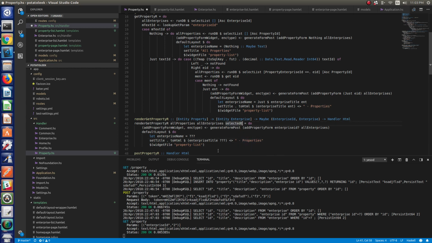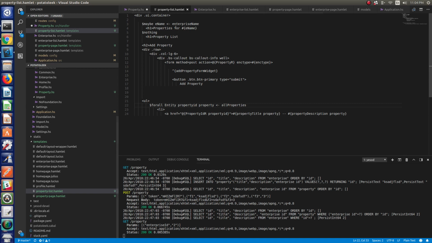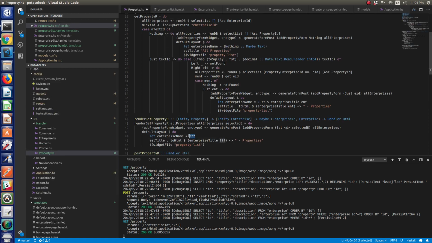For selected enterprise. And then we know here, so we need the ID from that. So I'm probably wrong. I'm often wrong, but I think that should just be fmap first fmapped onto selected E to give us the enterprise ID out of it, still wrapped in the maybe. And then enterprise name, I think that is, see, that's also a maybe, so that should just be